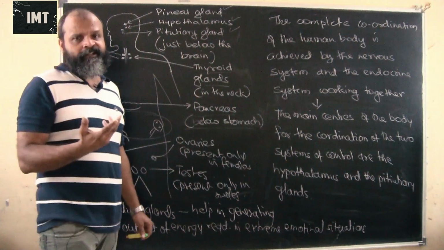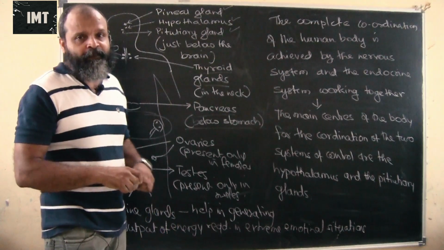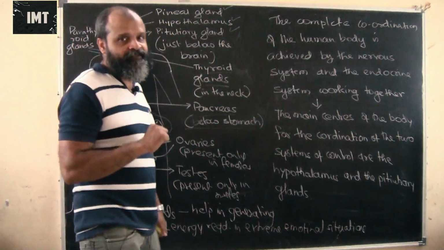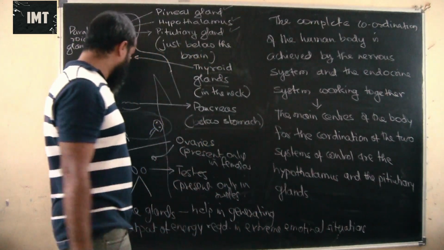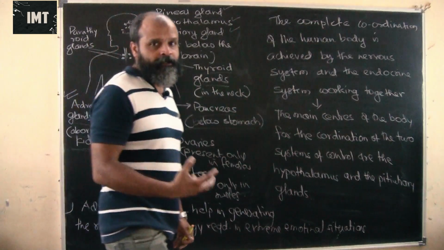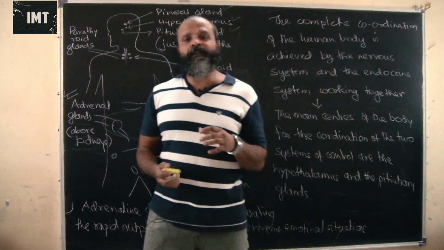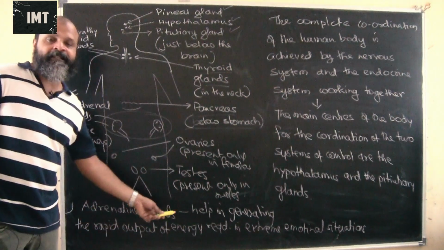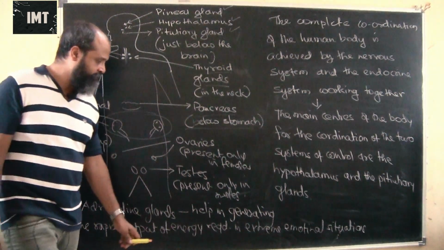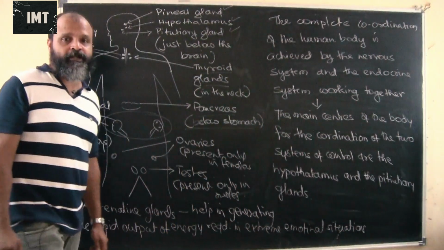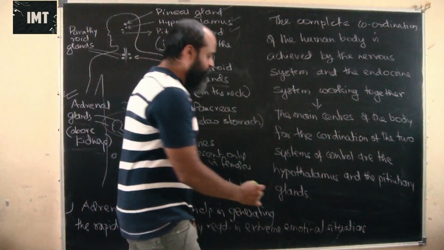Okay, when we are in extreme danger, we need an immediate, quick and powerful response to that danger, which saves us. So these help in generating a rapid output of energy. Our body requires immediate energy, and that too in huge quantities, and these adrenal glands are the ones which help in generating this energy. They also help us in extreme emotional situations. For example, when you are very angry,